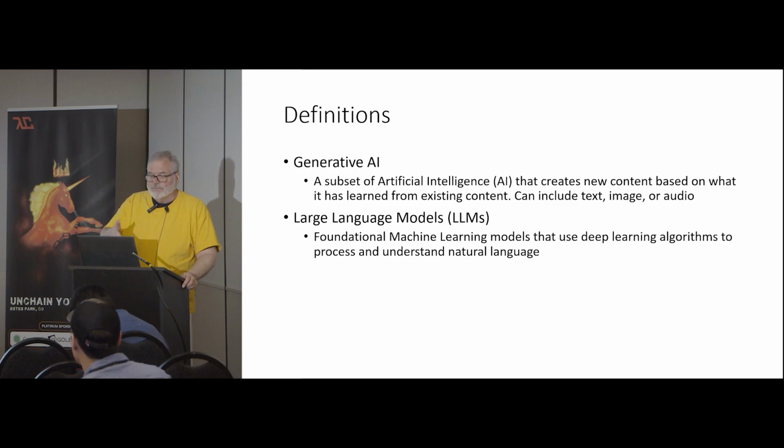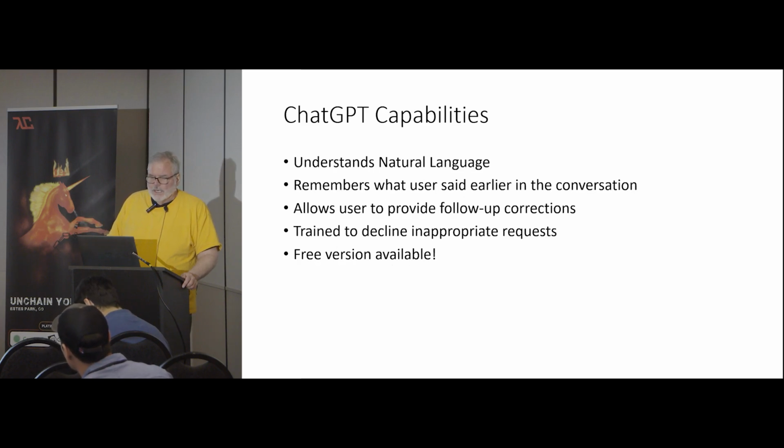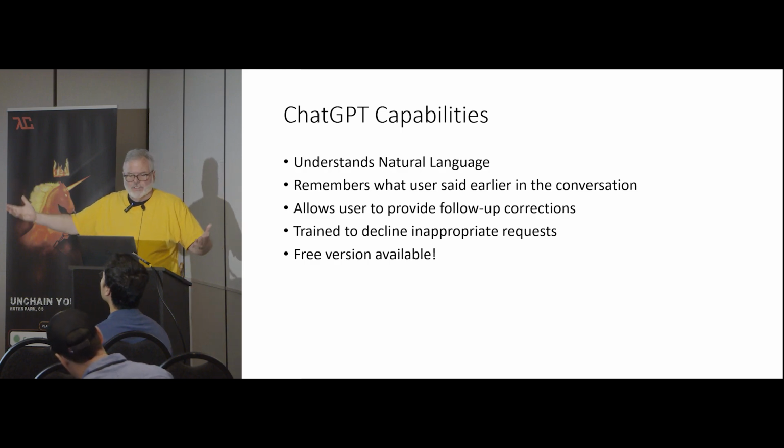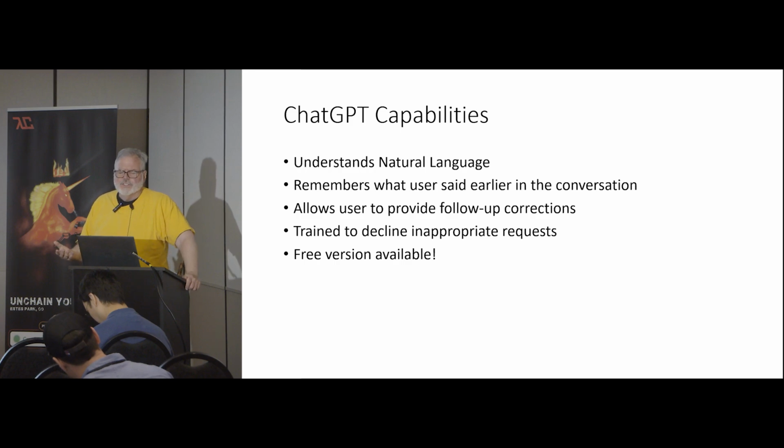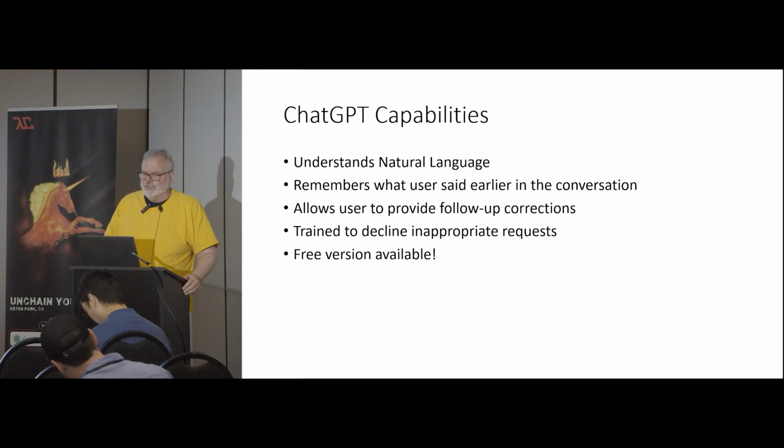So ChatGPT is very much built on these large language models. In fact, the name of the language model itself is GPT. What can ChatGPT do? Well, a bunch of things. One, it can understand natural language, as I said, and it can generate natural language. It can remember context, so that if you ask it a question and then a follow-up question, and you say something like this or that or the third one, it remembers part of the conversation. You don't have to repeat information that you've already said.